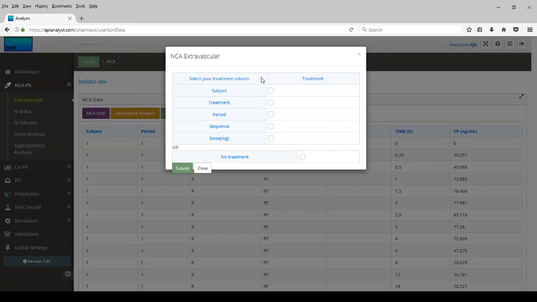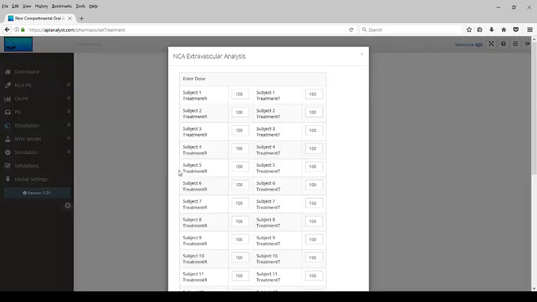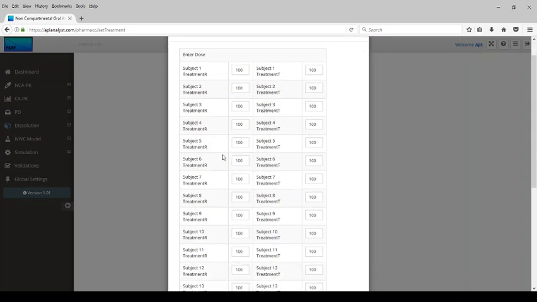Here the program is requiring you to identify what is the treatment field in the data set. So treatment is treatment. If there is no treatment, then you select no treatment. This is useful for identifying the dose and the association of the subject with treatment that is needed for the program. And as you can see, the program has picked up the treatment and subject and their associated doses